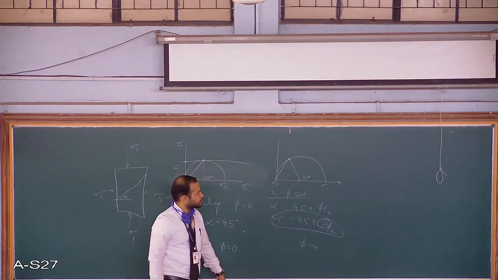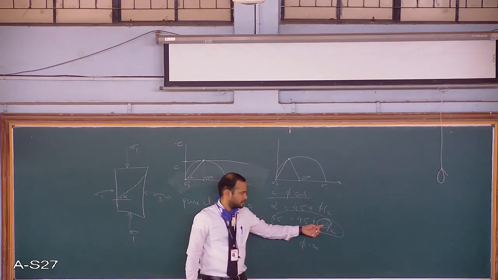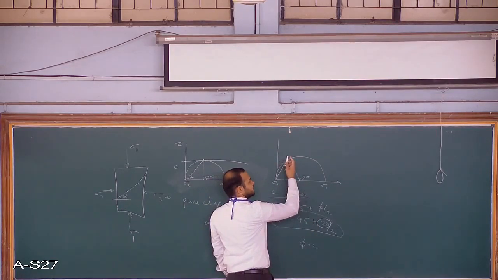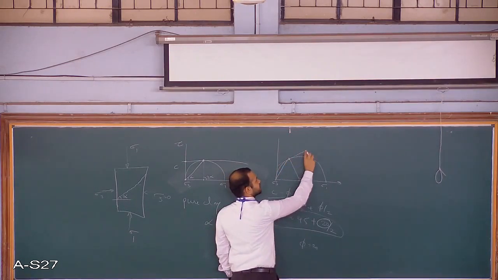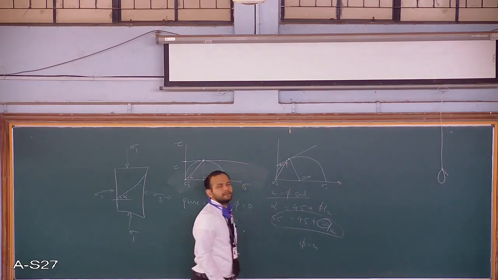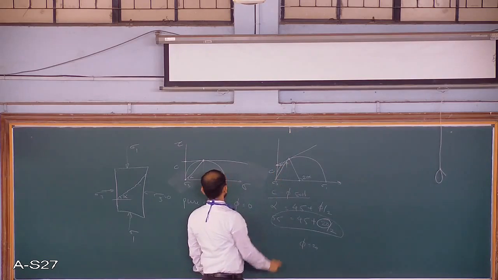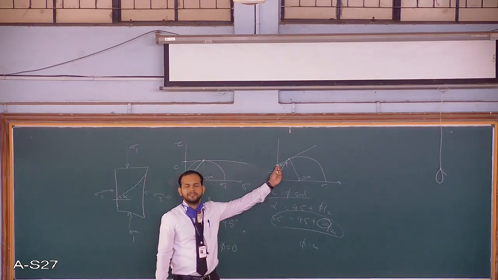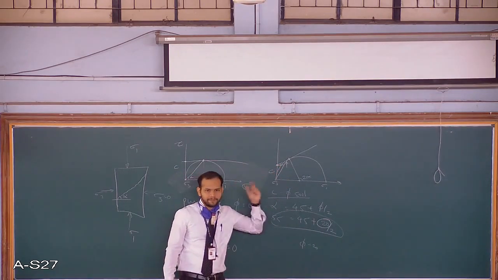Okay, what next data do you have? Phi, right? So if you draw a line tangent to this circle at this point, you will get your phi, and this point is C. So you can see this C is different and this C is different. So the C value will decrease a little bit. Okay, so this is the main difference.